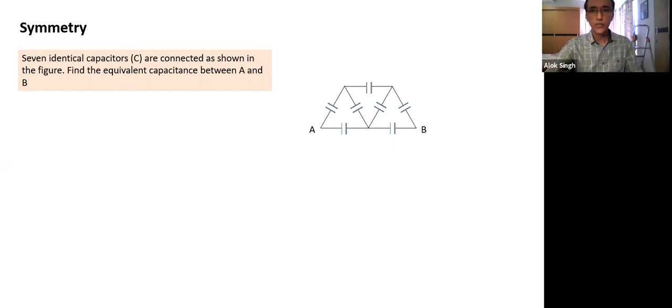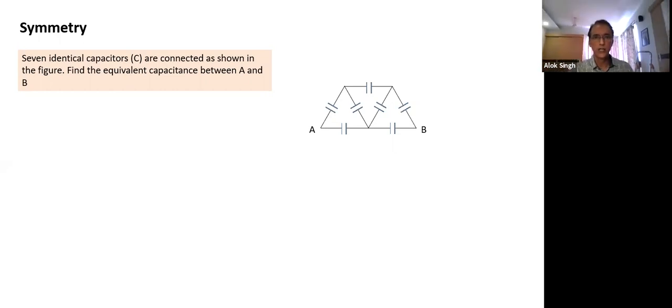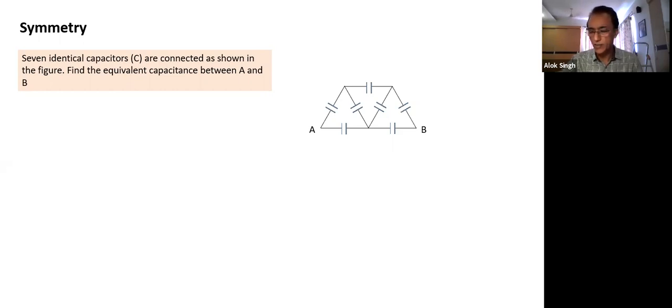So again, as we notice in this case, there's nothing in parallel, nothing in series. No two capacitors are in parallel, nothing in series, and it will not even come as a Wheatstone bridge. The only thing we notice is that there's some kind of symmetry. It's not arranged in a random fashion. So we'll use symmetry in some questions wherever it exists.